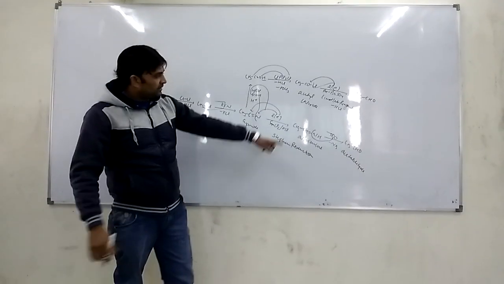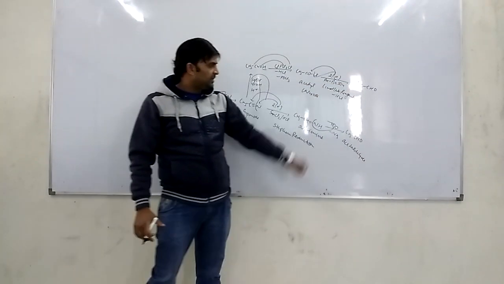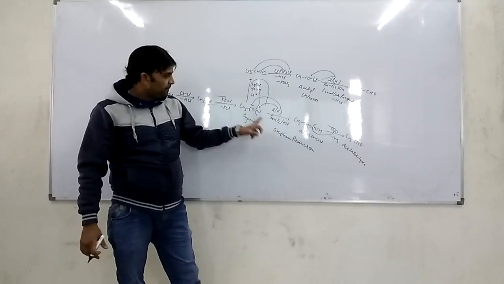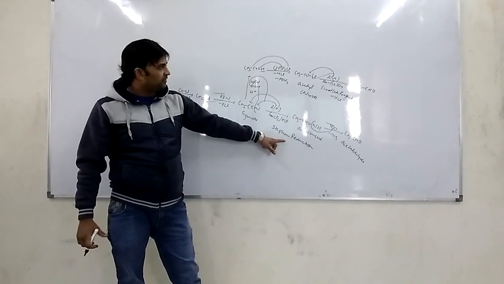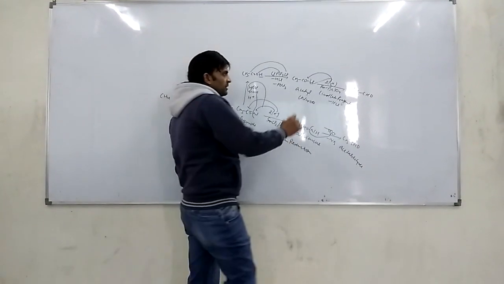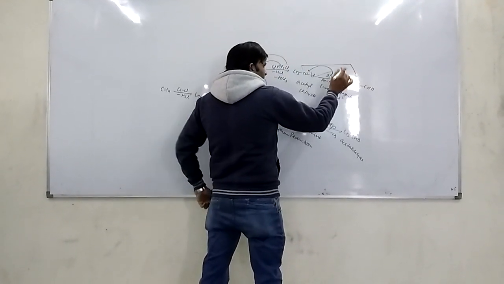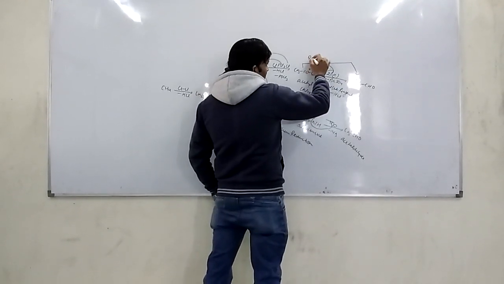This is the formation of CH3CHO. But the earlier reaction is called Stephen reduction. The conversion of cyanide into aldehyde is called Stephen reduction, whereas the conversion of acetyl chloride, or you can say acid halide, in the presence of Pd and BaSO4 is known as